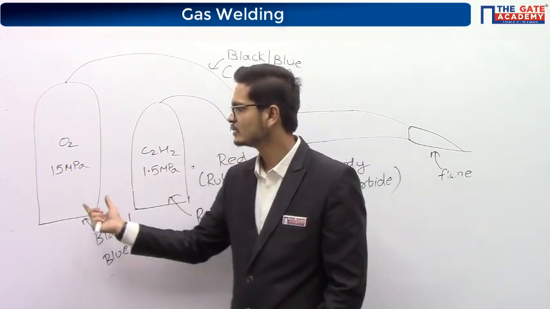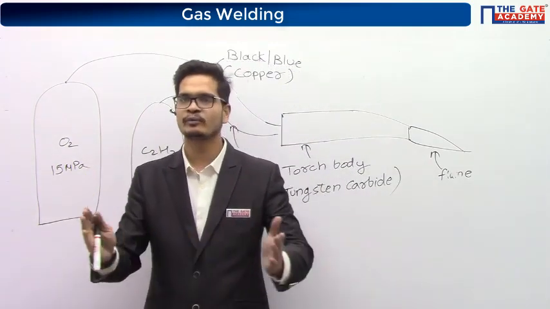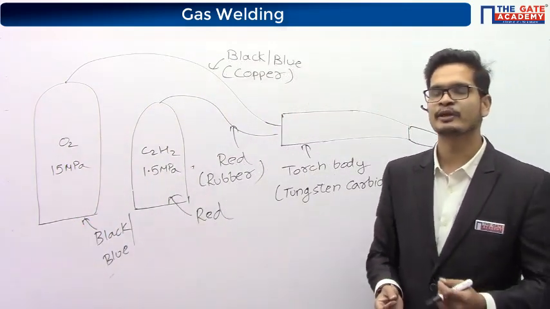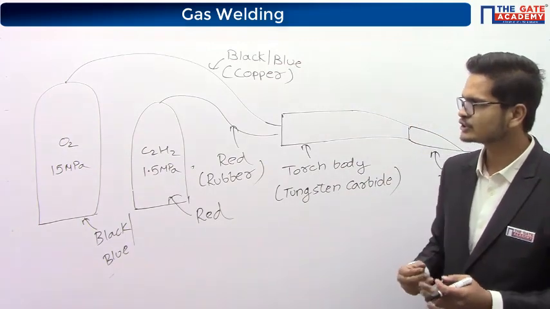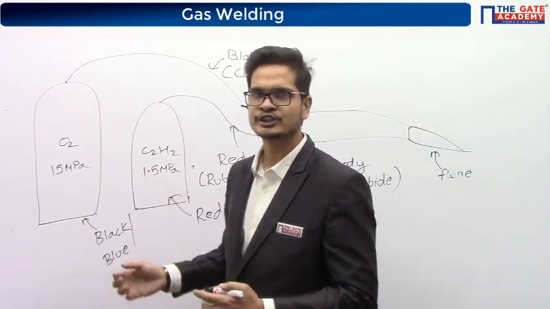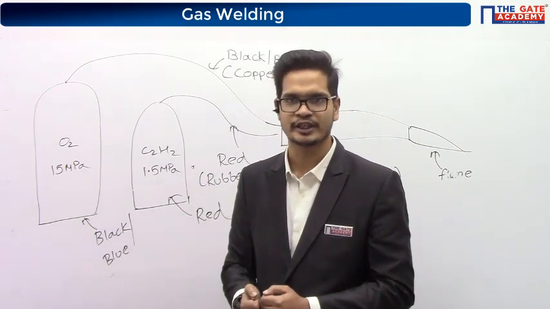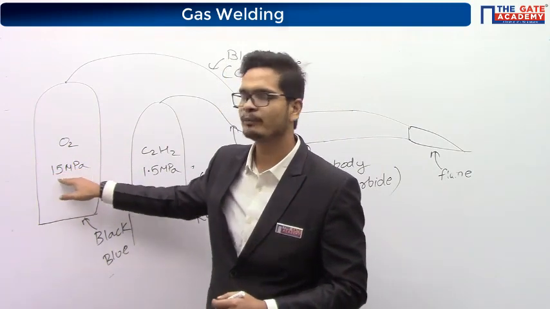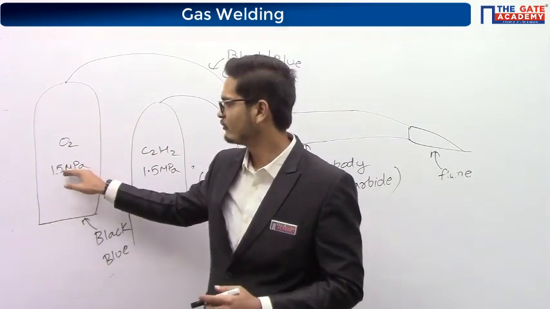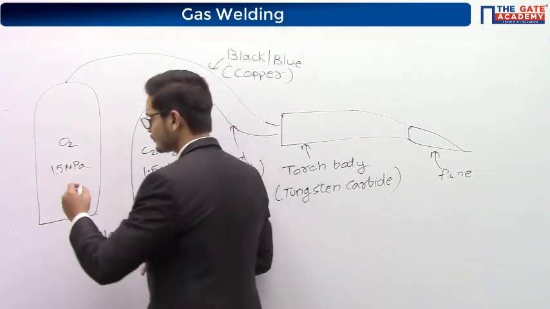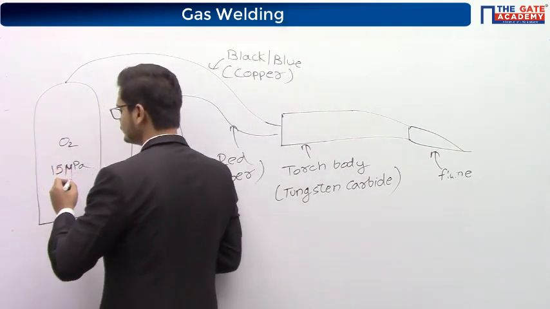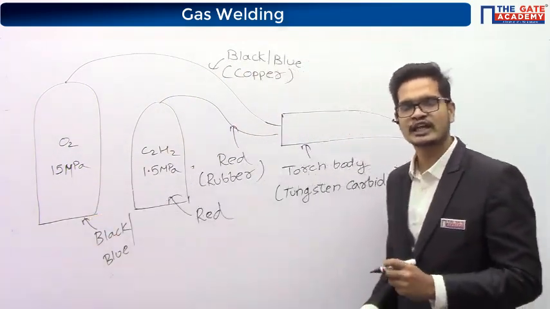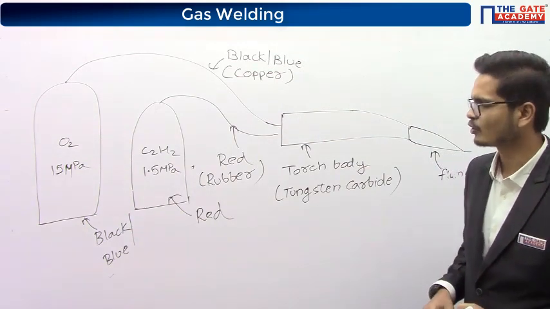The thing is, oxygen is available in the room also, right? Throughout the room we have oxygen, but it is in gaseous state and its specific volume is very, very high. Hence, to be able to store the oxygen, we should reduce its specific volume, right? So, to reduce the specific volume of oxygen, we keep it at 15 megapascal. At 15 megapascal, it will be in liquid state at very low specific volume. Hence, we can store a large quantity of oxygen. Okay. So, it is kept at 15 megapascal to reduce the specific volume.